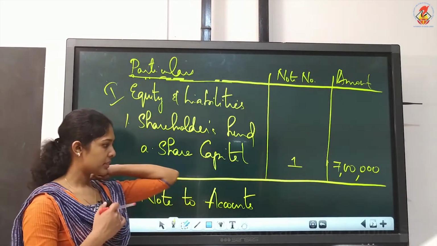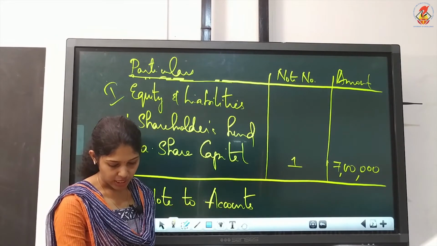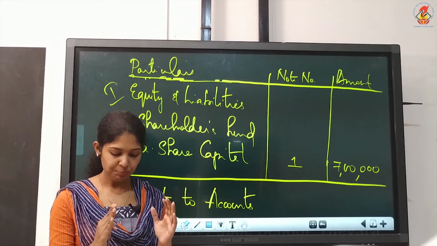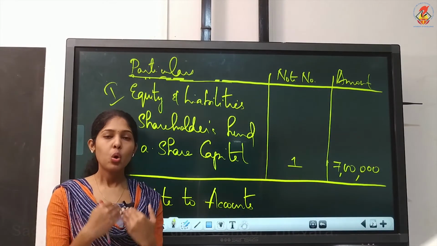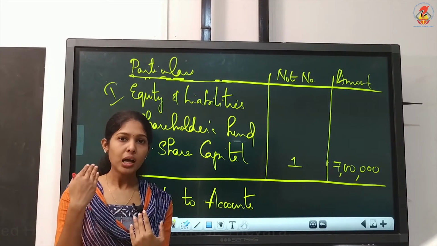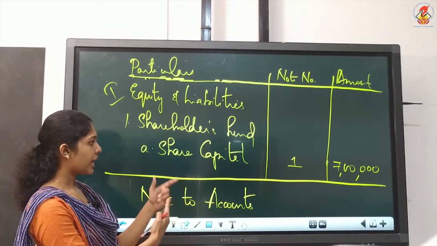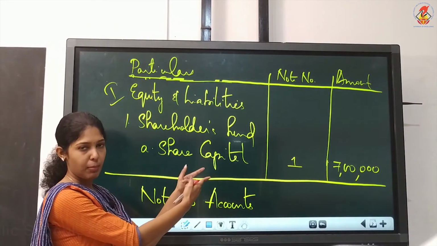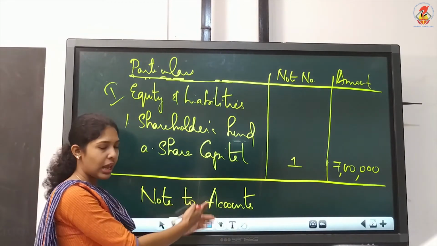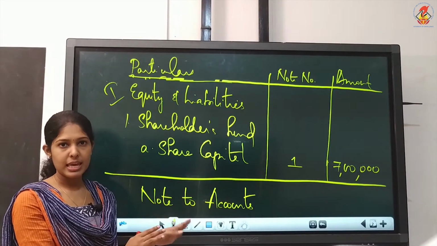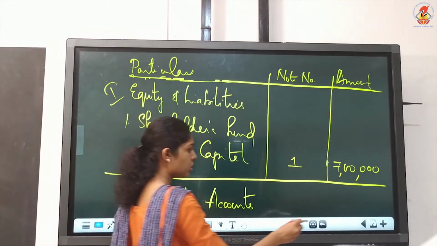Okay. So now we'll start the balance sheet. Are they asking you to show the entire balance sheet? No, they are asking you to show the share capital only and the note to accounts. Though they don't specifically ask you to show note to accounts, you must show that, because when they say show share capital in the balance sheet, automatically you will have to do the note to accounts to show the subdivision. So that should always be there, even if they don't ask.